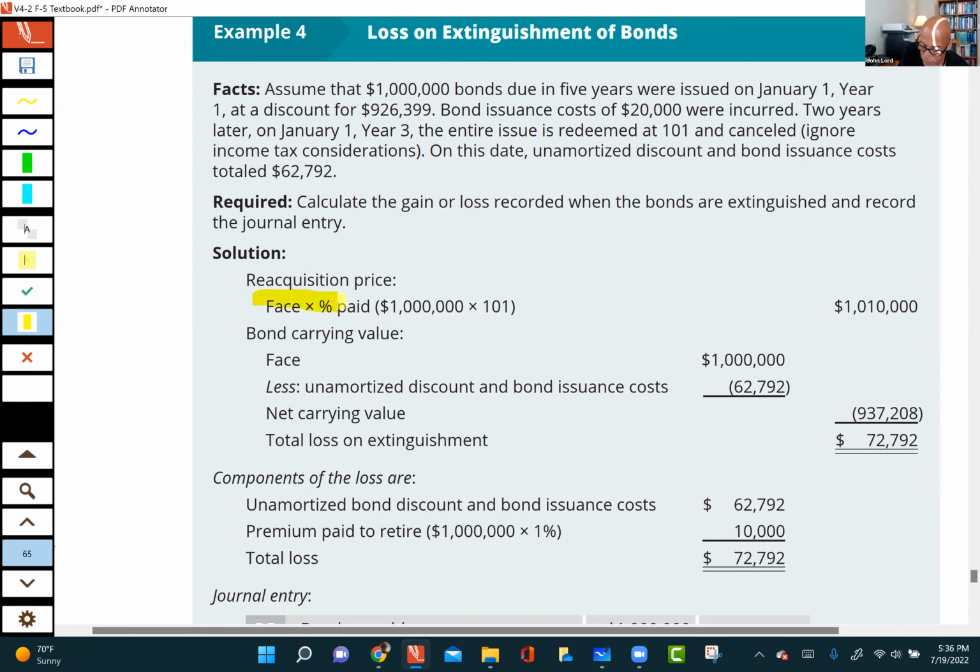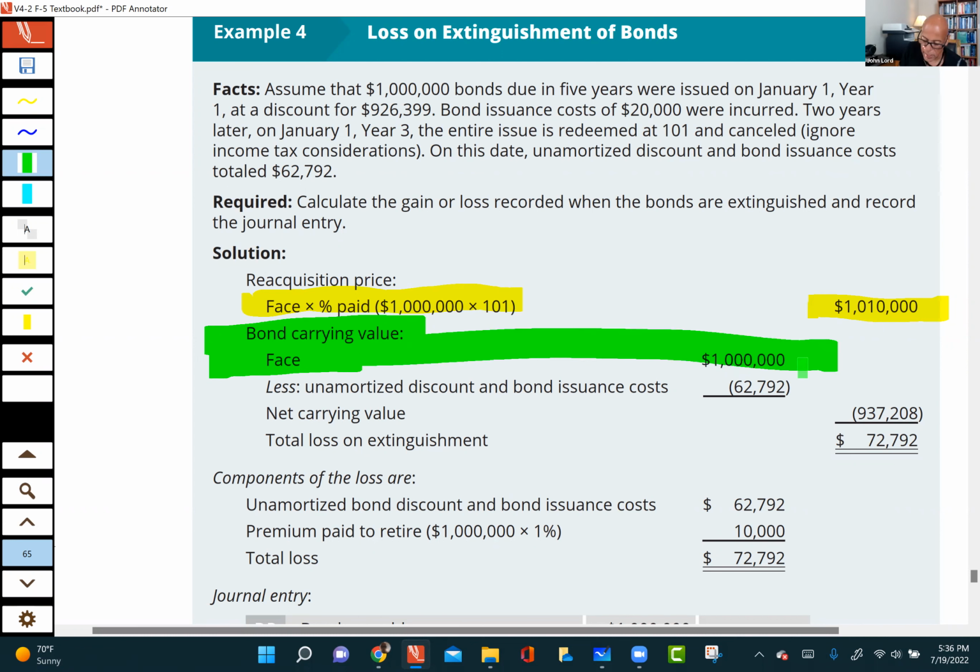The bond has a face of $1 million, and the problem told us to call that debt early we have to pay 101 of face. So if it's a $1 million bond, you multiply that times 1.01, they're going to have to pay $1,010,000. That's step one, if you will. Now I have to compare that to the carrying value of the bond. The carrying value of the bond is going to be the face of the bond, whatever that is, here $1 million, and then less unamortized discount and bond issue cost. If they had a premium, we'd add that, right? But since it's a discount and unamortized bond issue cost, we subtract that. That gives me a carrying value of